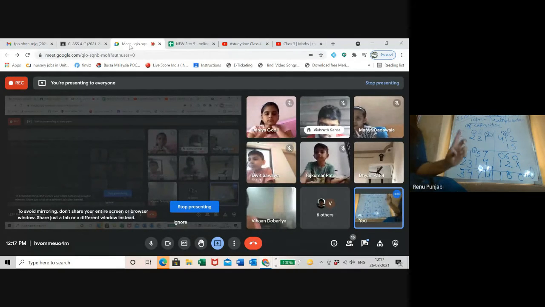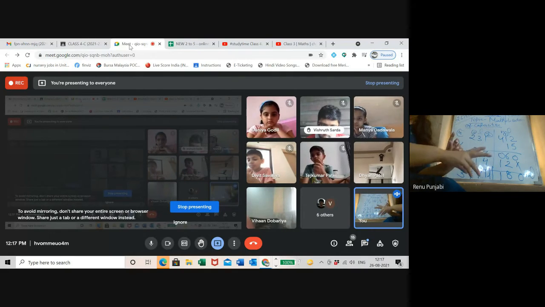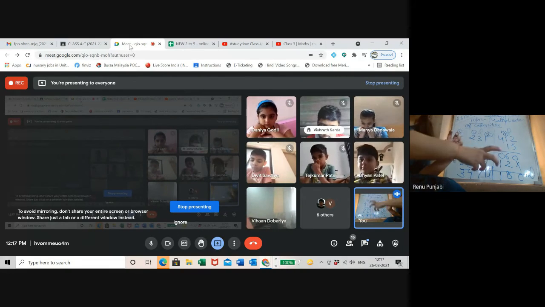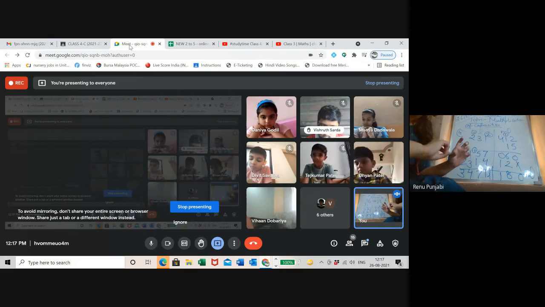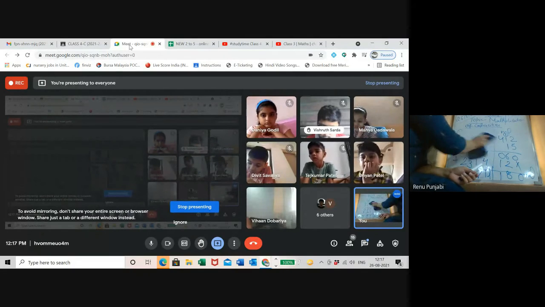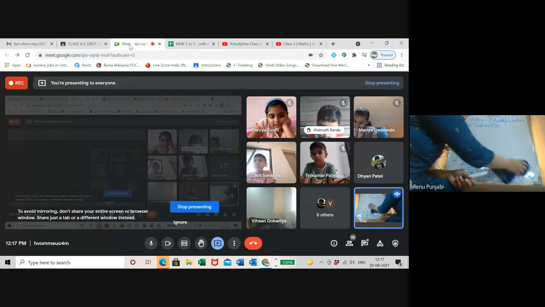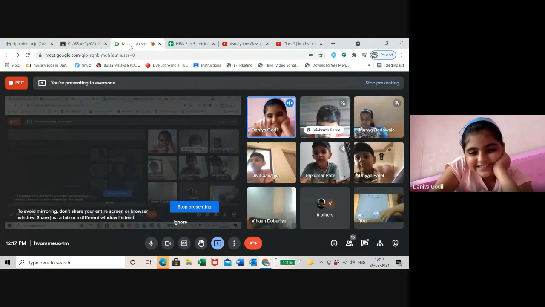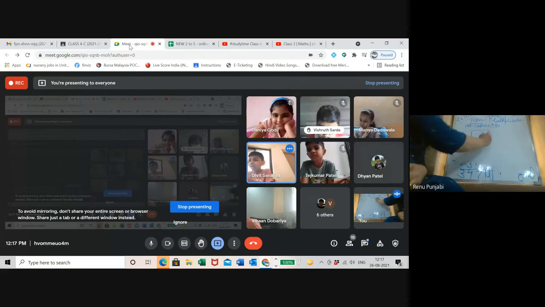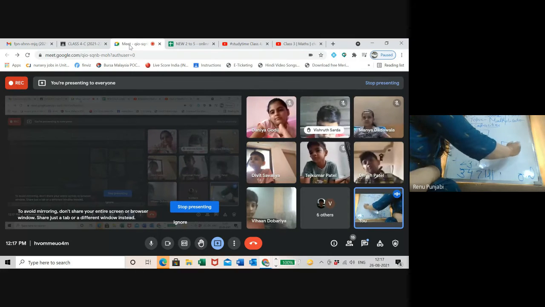Try this activity at home. Take a 1 liter empty bottle. Take another bottle of any size, whether 100 ml, 200 ml, or 300 ml. Fill that small bottle and pour it in that big 1 liter bottle. I told you and explained in my last class also, if you remember. This is the big bottle, right? 1 liter bottle. And this is a 200 ml bottle.